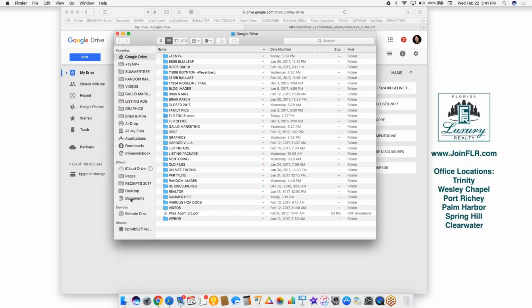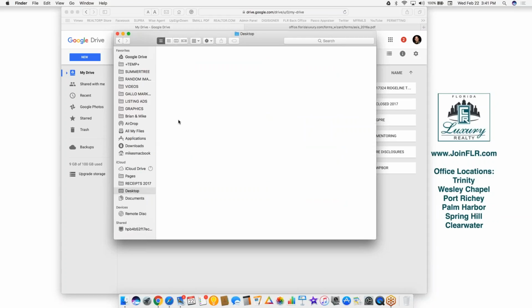let's say you just save it and you put it to your desktop. I know there's people out there that do that. So let's say you just save it to your desktop. So you can go to your desktop. The file would be there. Mine wouldn't be. And then you can just drag it into your temp folder